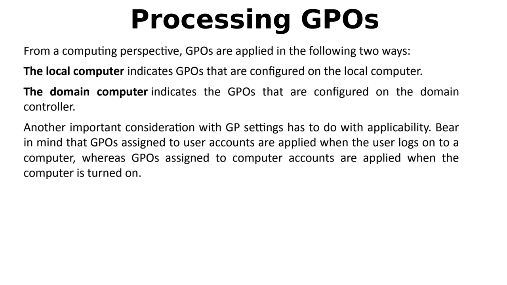GPOs are applied in the following 2 ways. Local computer: these are GPOs configured on the local computer. Or domain computer: this is for the GPOs that are configured on the domain controller. Okay. There are two types of GPOs, please. GPOs for user accounts, and they are applied when the user logs on. That is, if you are already logged on, it will not be applied. When you log out and log in again, it will be applied. And there are GPOs assigned to computer accounts. They are applied when the computer